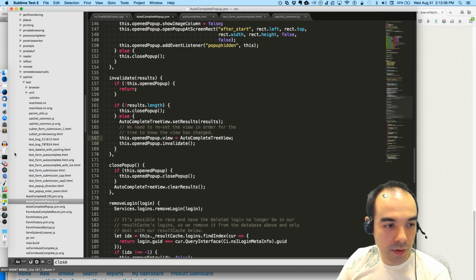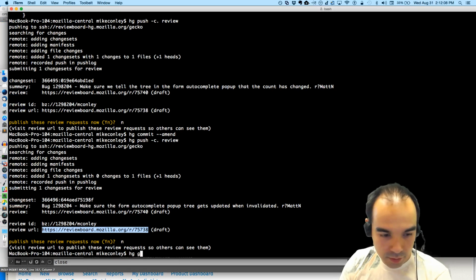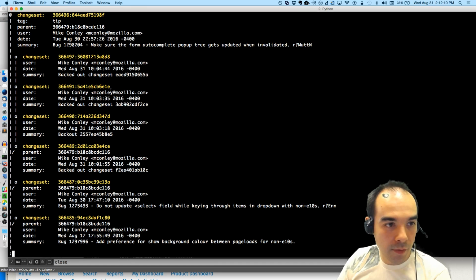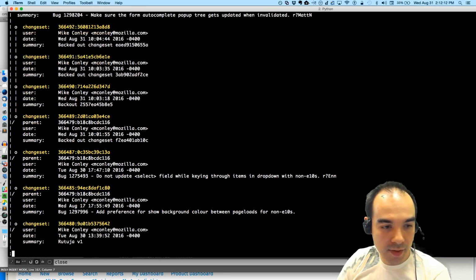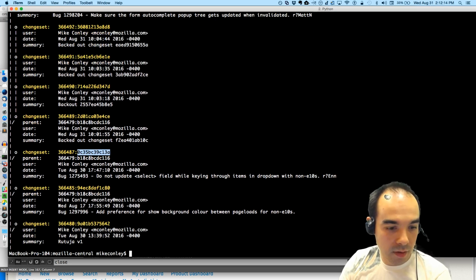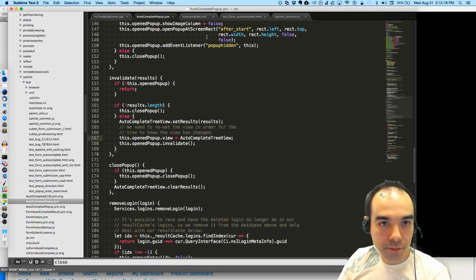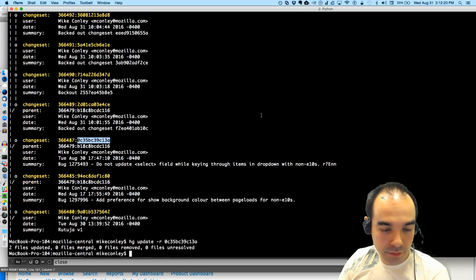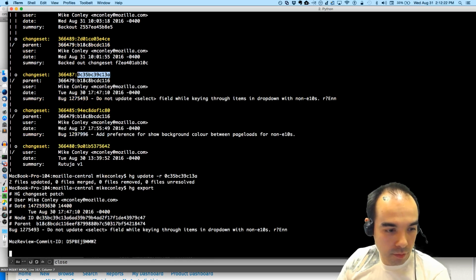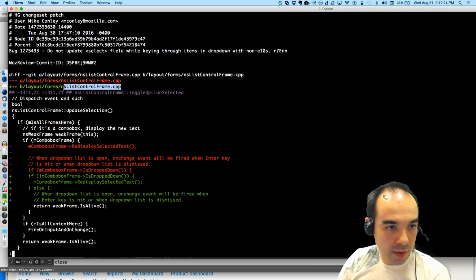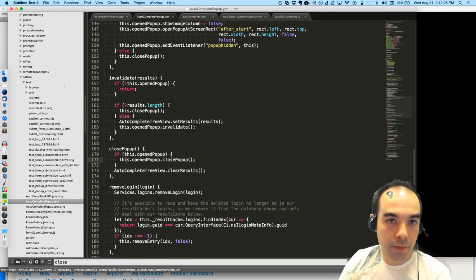So we need to change it so that if we're on OS X or Linux, we do this part. And let's control frame.